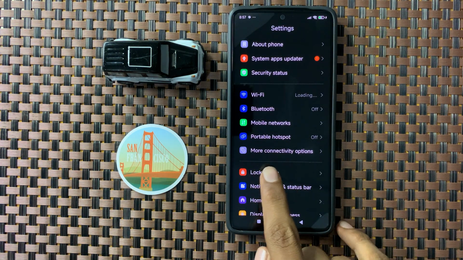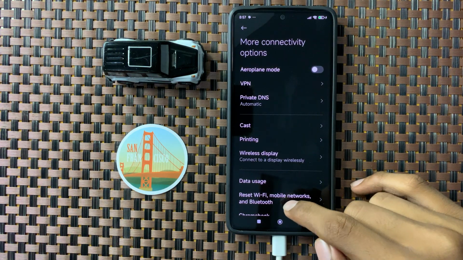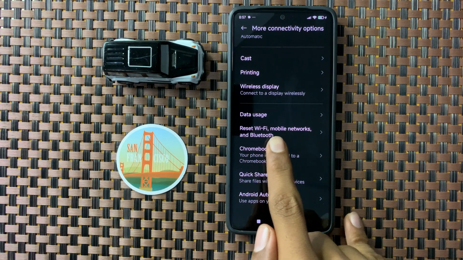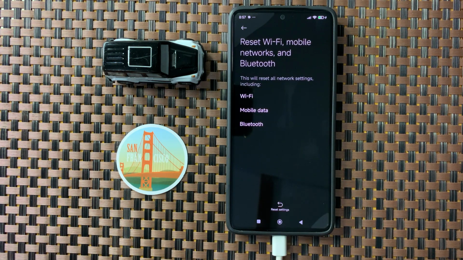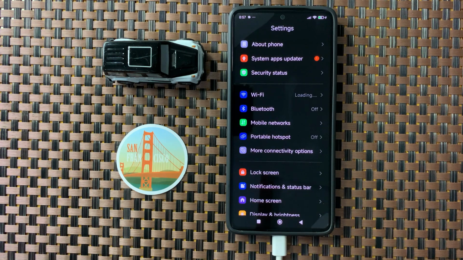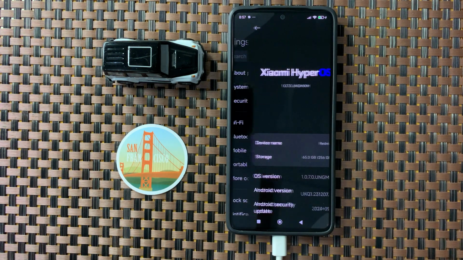and then click on more connectivity options, and then click on reset Wi-Fi, mobile networks and Bluetooth. Now here you can reset your network settings. After resetting the network settings, go back to the main page of your settings and click on about phone,